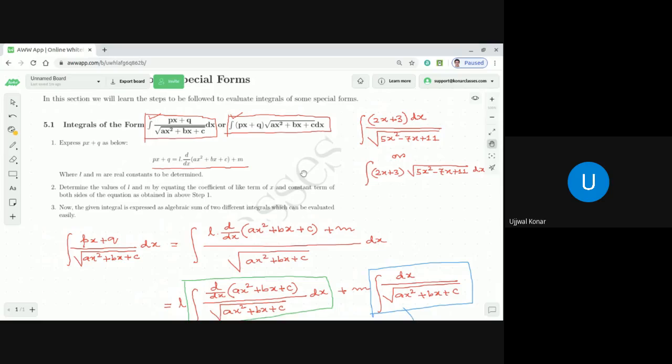So now the next question is how to find the value of L and M. Finding the value of L and M is very easy because it is an identity. If you look into this one, dear students, this is an identity. Are you getting my point? As it is an identity, you know that it is true for any value of x. So you need to apply two values of x to find it out, correct or not? So for example, if I bring it here, then finding the value of L and M becomes, px plus q is equal to